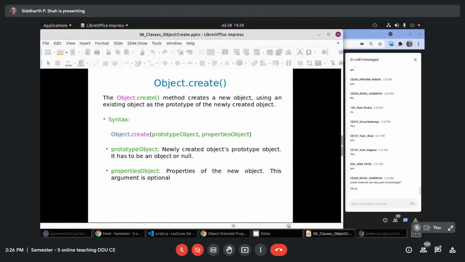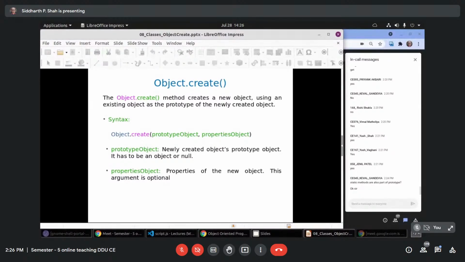Till now, whenever you create an object using a class constructor or constructor function, it has a prototype property, and that is set as the prototype of the newly created object. That is what we have seen, right? But with Object.create, while creating an object, if you want to set some other object as the prototype for that newly created object, you can use Object.create.